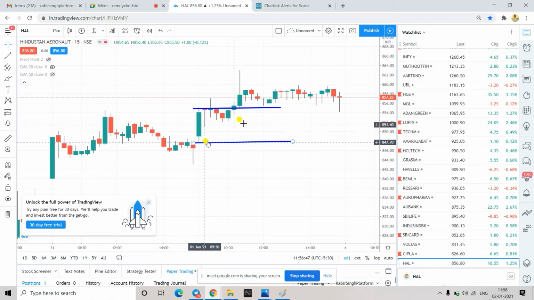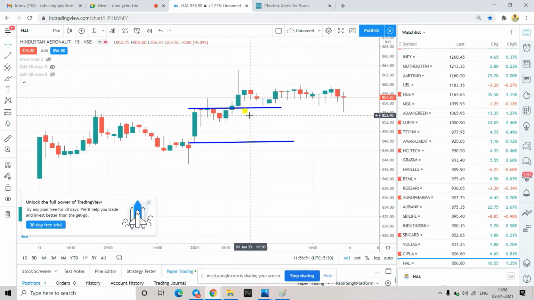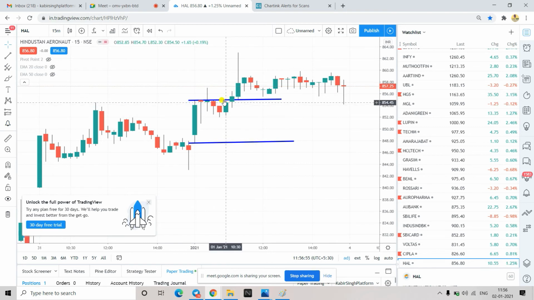Yes, Kabir. Okay, so the alerts will come whenever this kind of pattern forms, like this is a candle and the next candle has broken the high. Whenever this kind of higher high formation comes, you will get an alert. Then what you have to see is that to take a buy entry, it should be in the buy zone. Above the open range is your buy zone and below the open range is your sell zone.